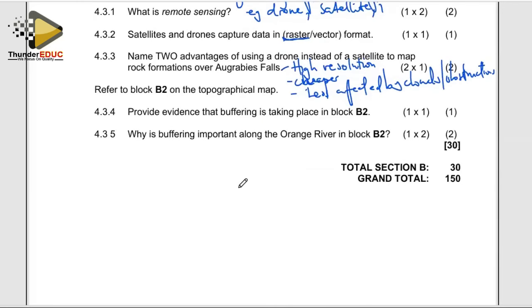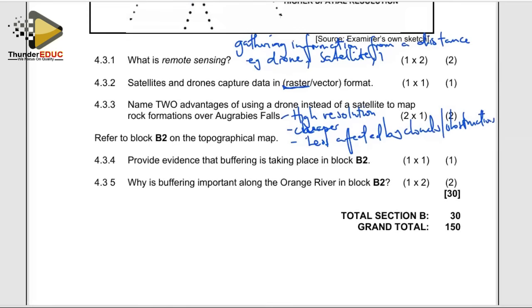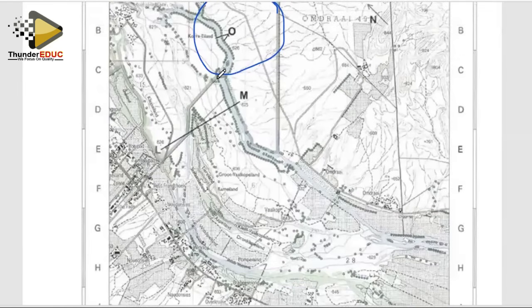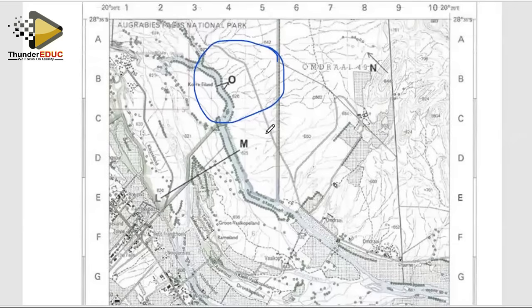Provide evidence that buffering is taking place in block B2. Buffering, remember, is putting a boundary along a geographical feature. We have our river there, and we want to give evidence that in block B2, there's evidence of buffering taking place. If we look at what is happening along the river there, we can see that there are rows of trees that we can see. These rows of trees, they are evidence of